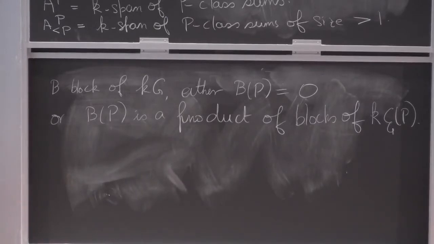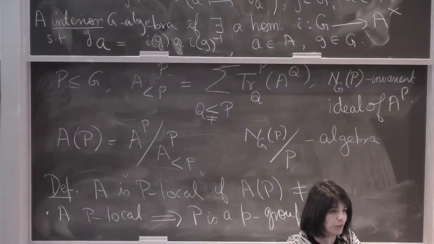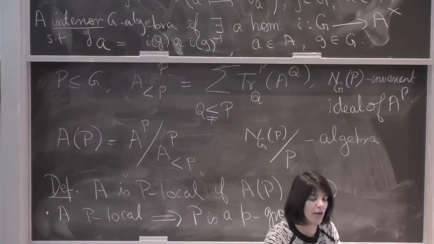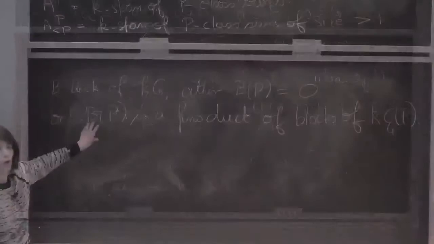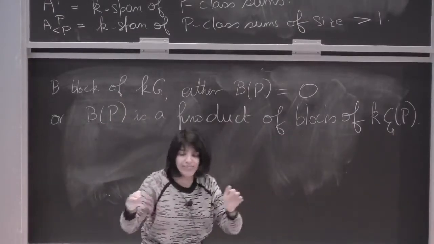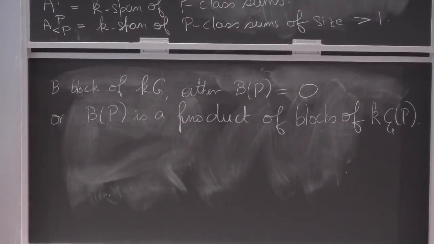So what is happening here is, just to sum up, for every block, and for some p-subgroups of that block, we have a nice, easy way of associating to that block, which we may now think of as our global object, a subset of blocks of this local subgroup, the centralizer in G of P.